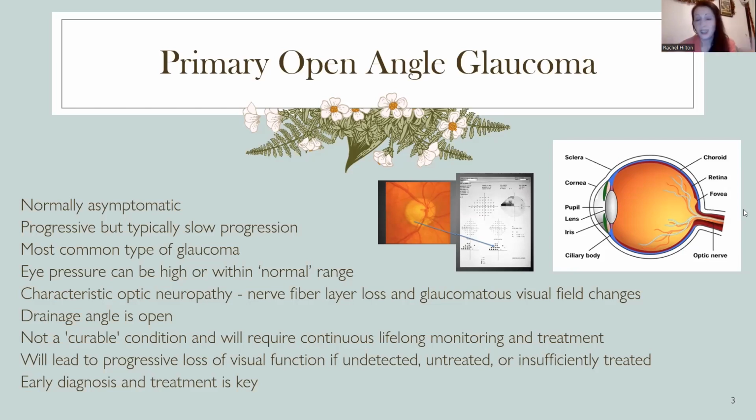So with any of the glaucomas that we talk about, they are a chronic condition. Once nerve damage occurs, unfortunately we can't get that back. So it's the key with this particular type of glaucoma, and arguably all types of glaucoma, that we want it to be detected early, and we want to get people into treatment that is working for them.